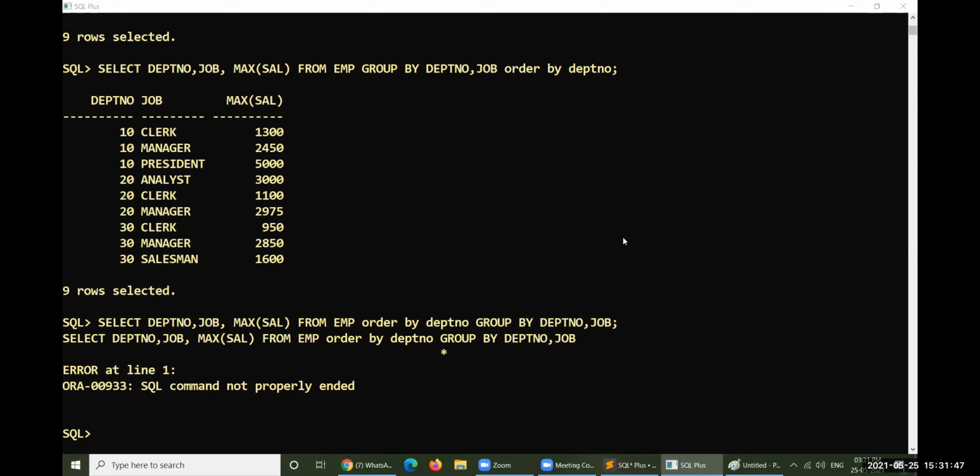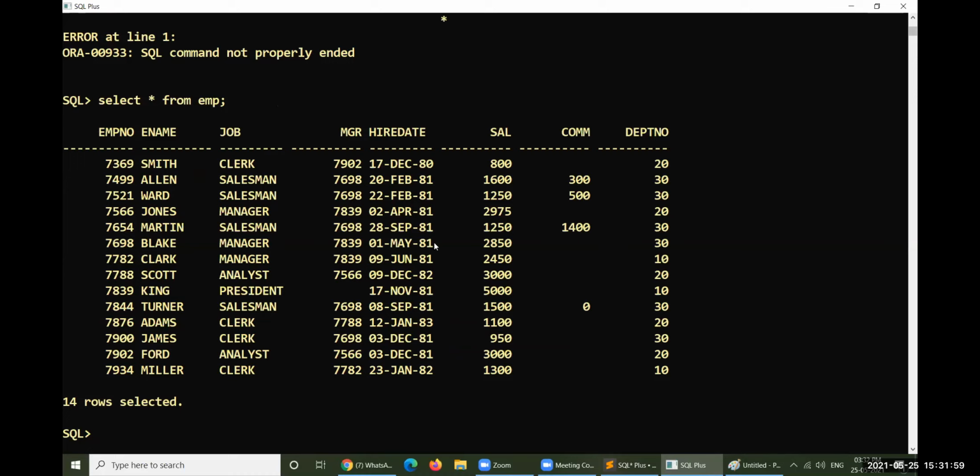There is a specialty of ORDER BY, so let me explain what that specialty is. Select everything from EMP. Look at this salary. I have given a 10% salary hike to these people, so you have to write an expression.